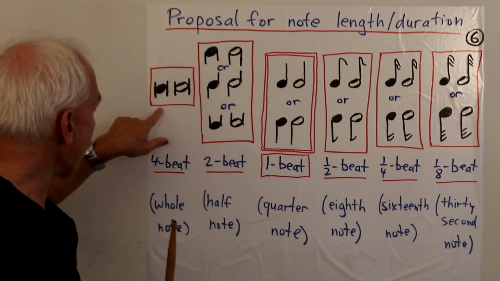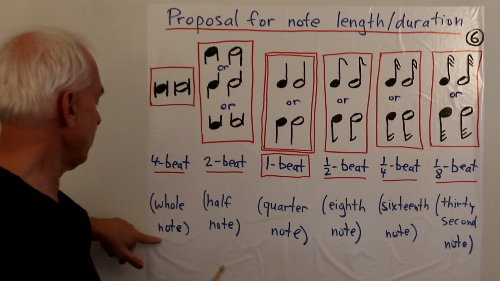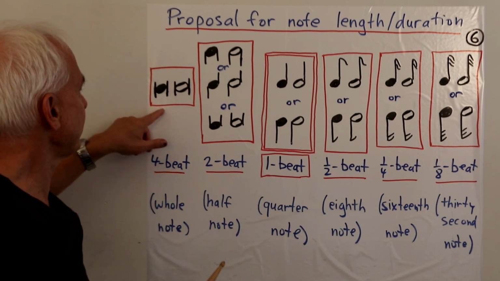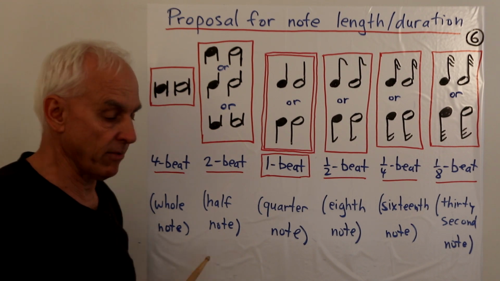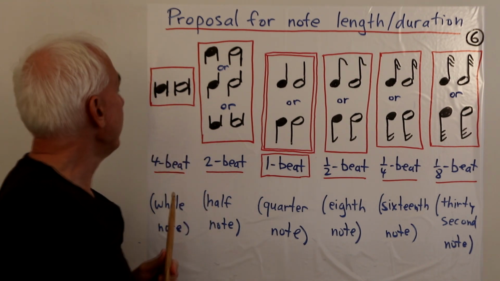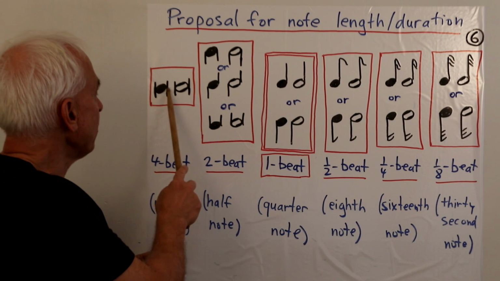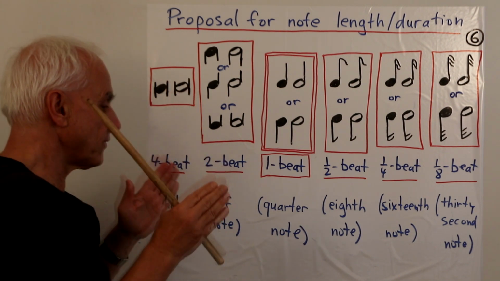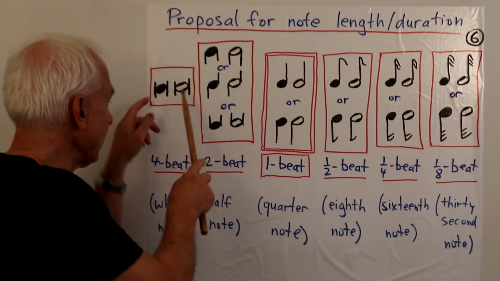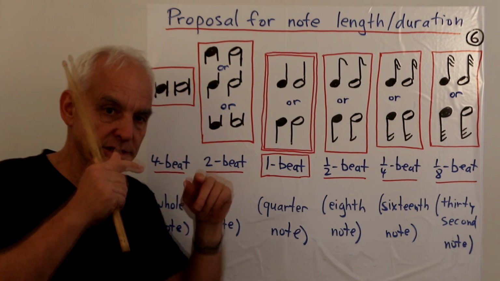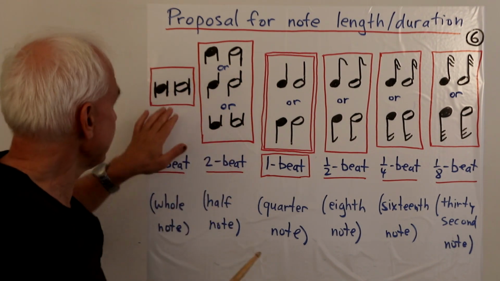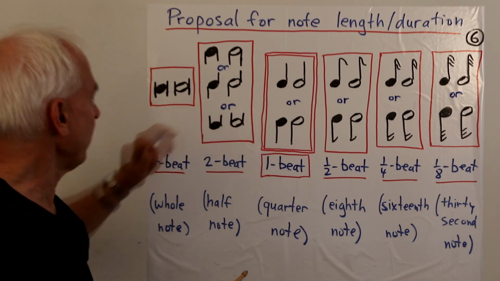And then the 4-beat or whole note, well, we could do that by using a symbol which is already around. I think it's called a breve. So it's like a note, either a black or white note, with 2 little auxiliary lines extending in both directions. So in some sense, there are 4 different little extensions, 2 up and 2 down. So it's somewhat consistent with this thing here, okay?